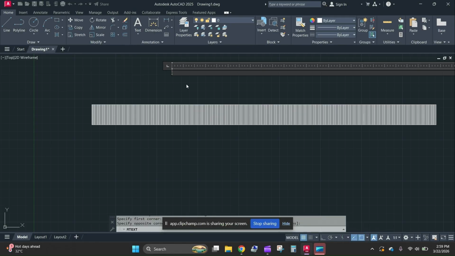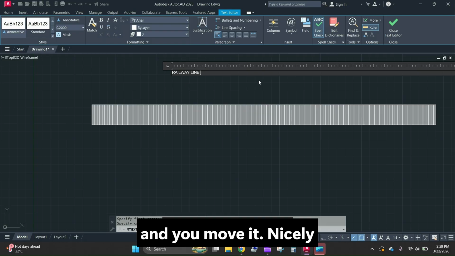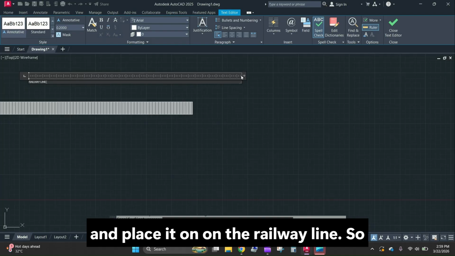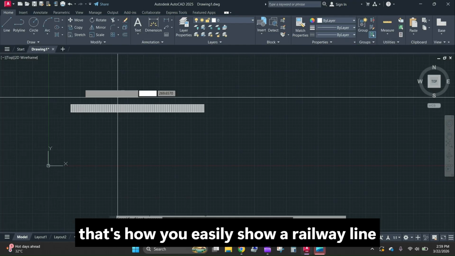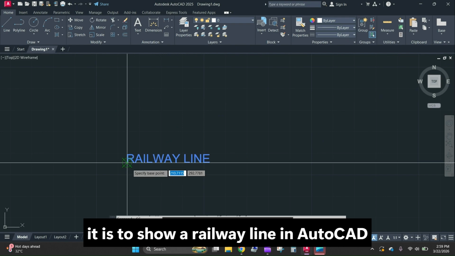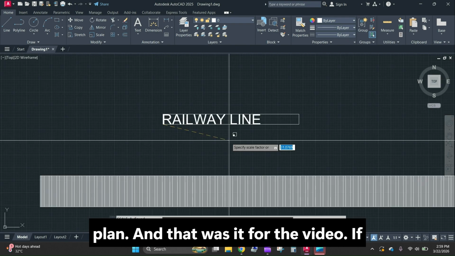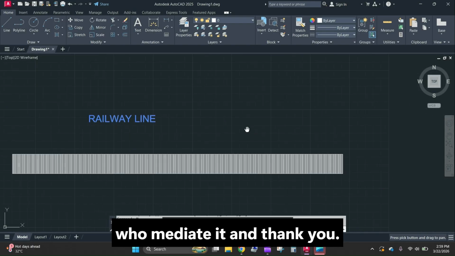At the end, just write a simple text of railway line like this, and make it considerably smaller, and scale it according to the scale of your drawing. So railway line, it is like this, and you move it